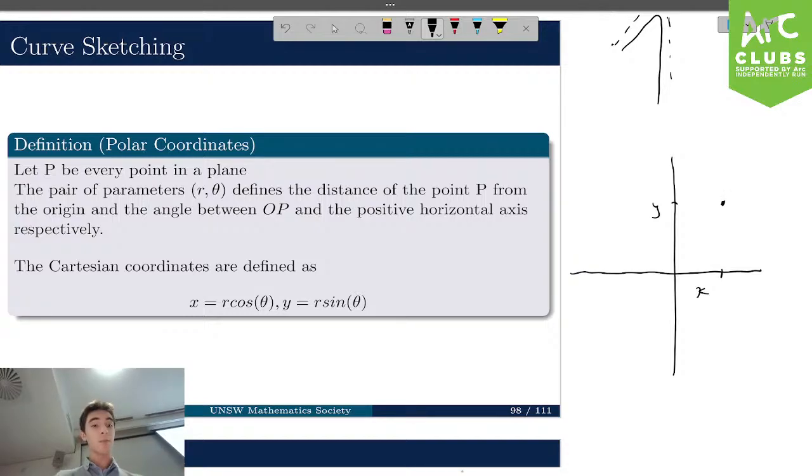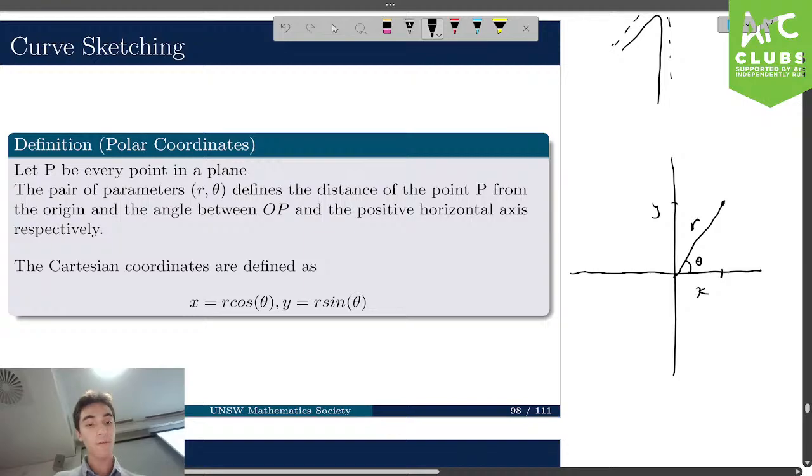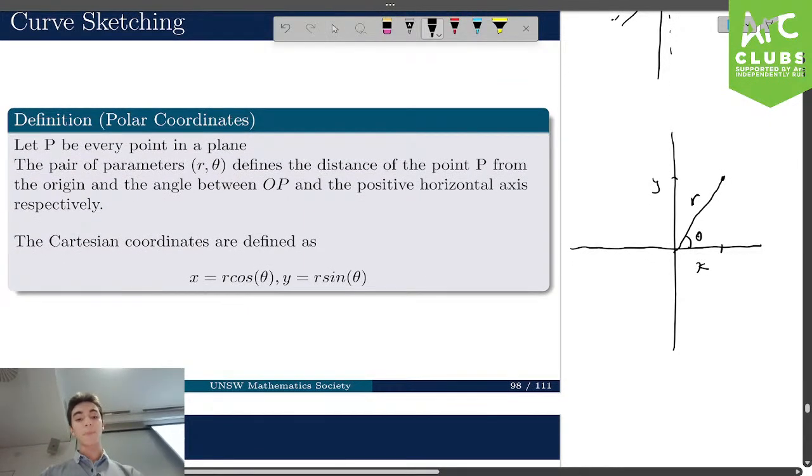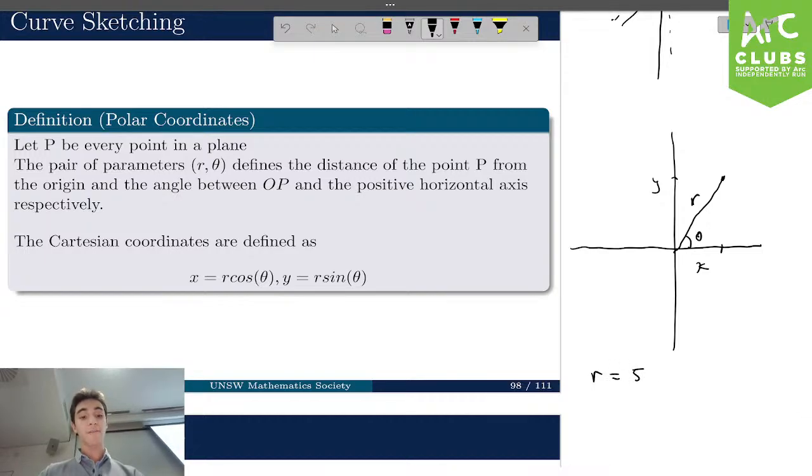And that defines some point on the plane, one point, okay? Another way to define this point is to draw a line from it to the origin. You look at the angle that that line makes with the x-axis and you look at the length of the line, okay? So basically what this is telling us, if you get the polar coordinates r equals 5 and theta equals pi